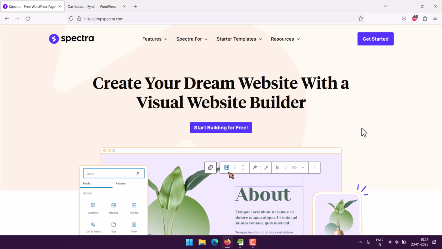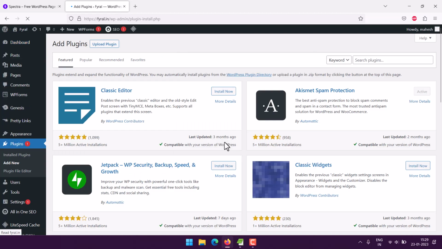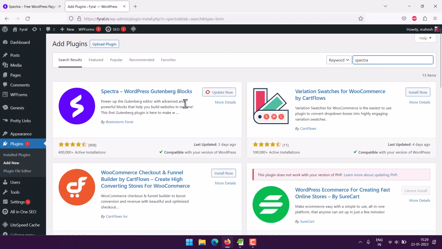Okay, so let's take a look at the table of content block with Spectra Page Builder. If you haven't downloaded and installed Spectra, you can go to plugins, add new, and here you can type in Spectra. This should allow you to view the Spectra. If you need to install it or update it, you can simply click on here,